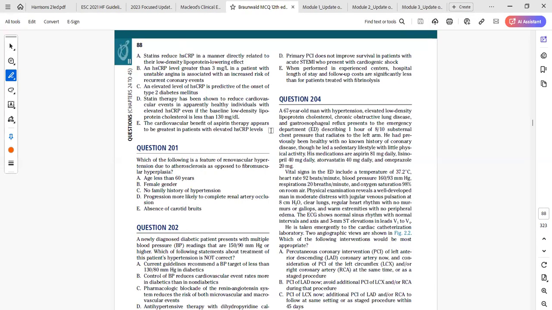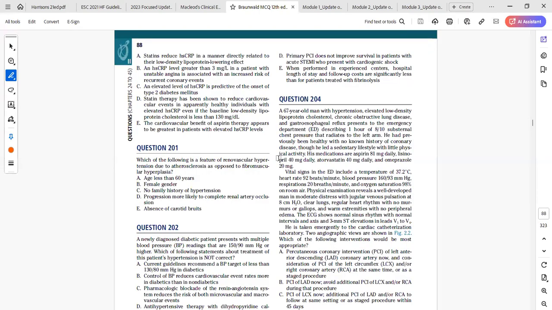The other cause of renal artery stenosis is fibromuscular dysplasia. This one primarily affects women aged 20 to 60 years, and it involves mainly the distal two-thirds of the main renal artery. Renovascular etiology should be suspected in patients who have high blood pressure before the age of 30 years, or even after the age of 50 years. And it's worth knowing that this question is asking for the one that is more indicative.